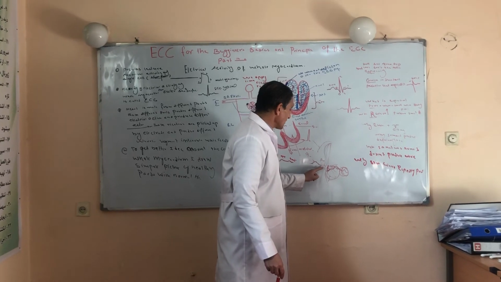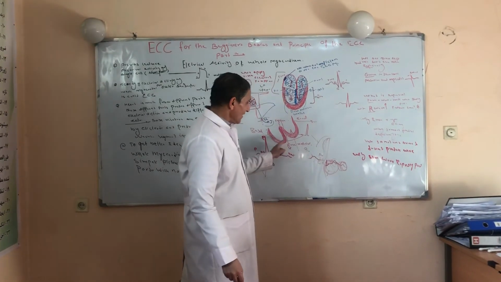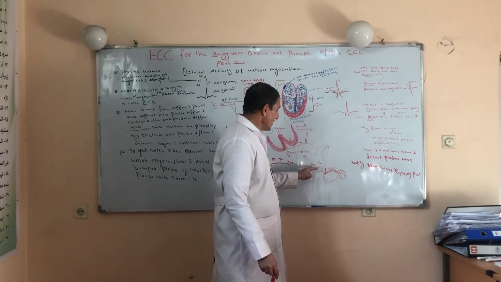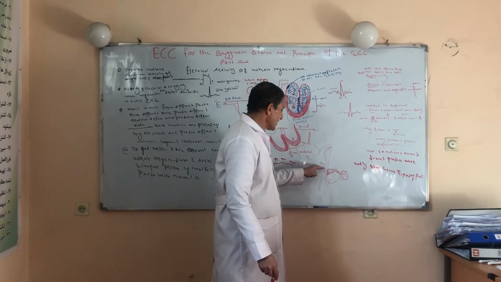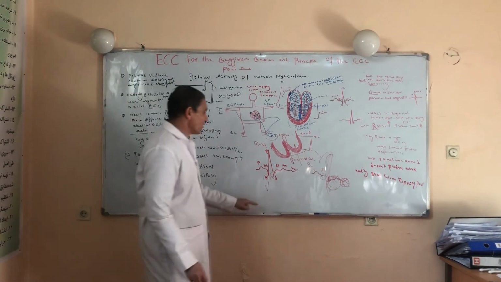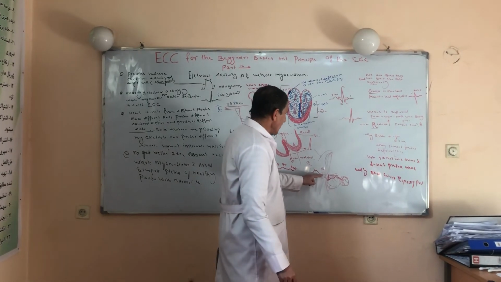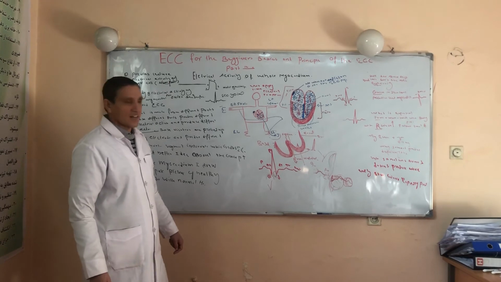After this comes the AV nodal conduction. The AV node, like the SN node, is a small node, and its depolarization depends on calcium, so it just produces a straight line. We don't have any wave or deflection from the AV node. The AV node just conducts the electrical impulse from the atrium into the ventricle.